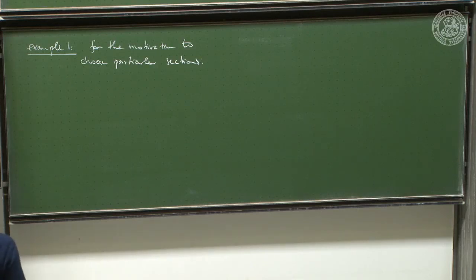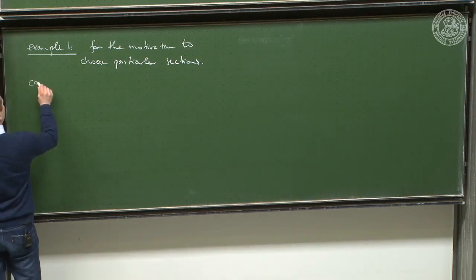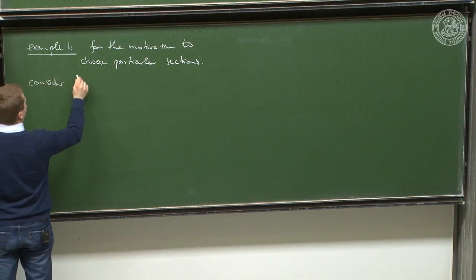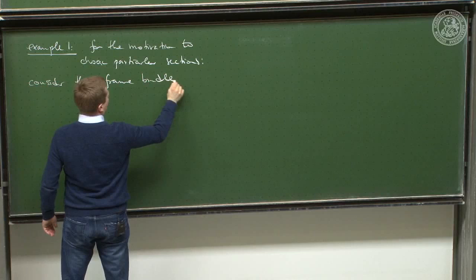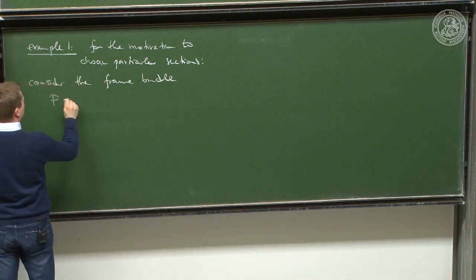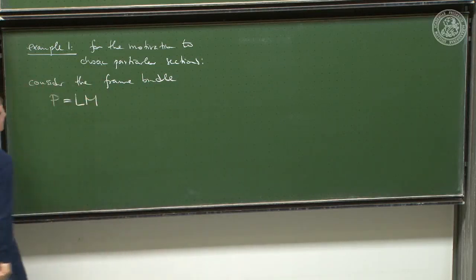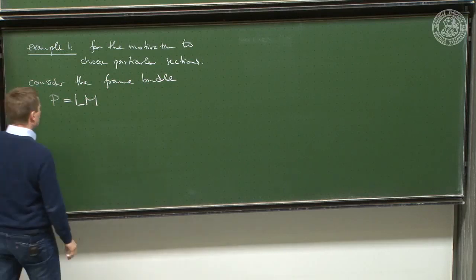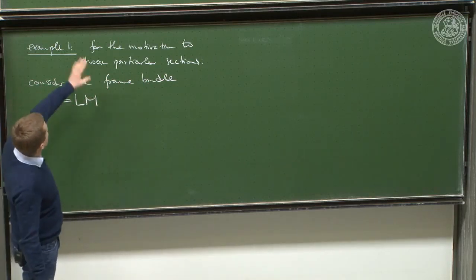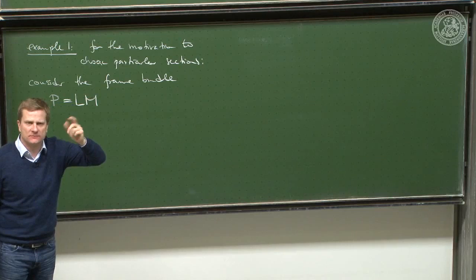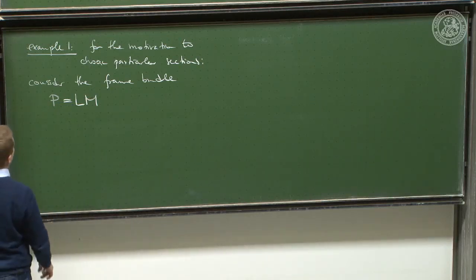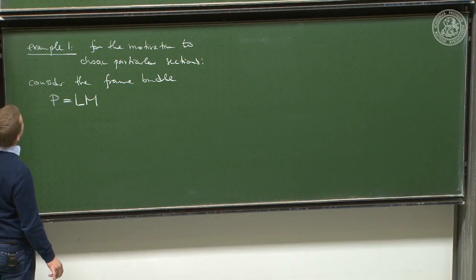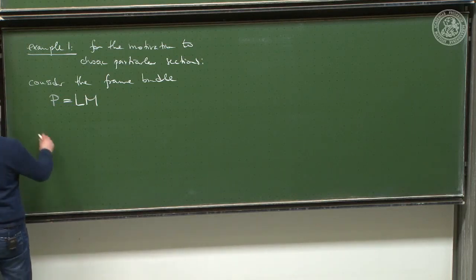Well, consider the frame bundle as an example. Remember the frame bundle, so that is where the total space is given by this LM, and where you attach to every point all possible bases to the tangent vector. That's the frame bundle. We discussed this, I think, at some length. And now